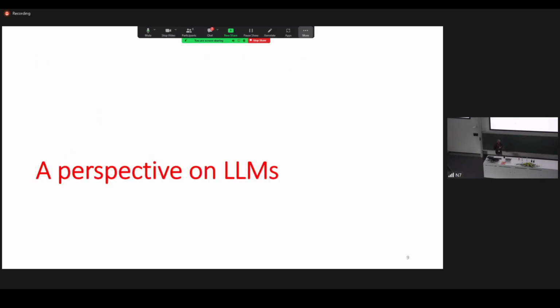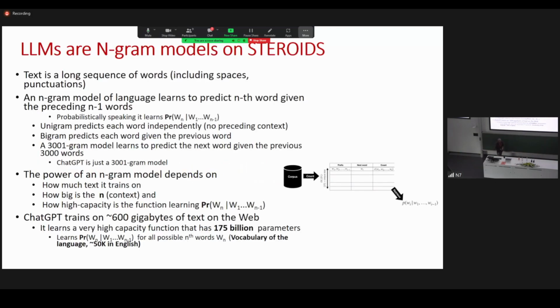Okay, so now let me just start with a perspective on LLMs, even though it's about LLMs being used for planning. Basically, everybody thinks they understand what's going on in LLMs. And of course, internally, we don't really know what's happening, but at least externally, what's the best way of conceptualizing what huge pre-trained LLMs do? So as some of you may have heard already, you think of large language models as n-gram models on steroids. Okay, n-gram models are these things that have been around since the time of Claude Shannon,